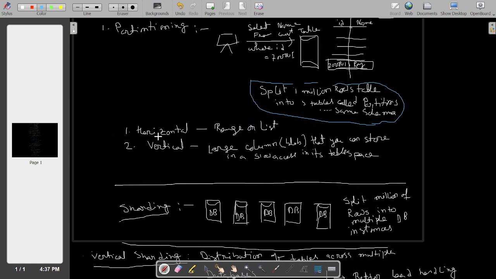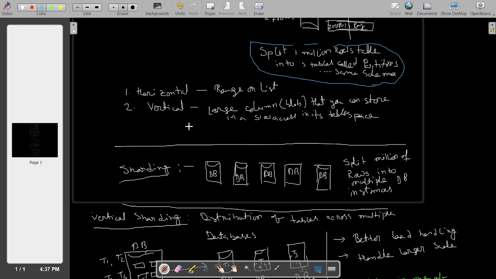But if I look at sharding, that's where you can understand the difference between partitioning and sharding. In sharding, you are not keeping your tables in the same database instance. You're creating more database instances, and within those instances, you are putting your tables.